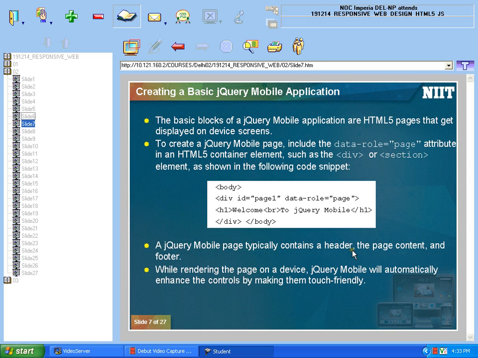When I say data-role equal to page, it means I am going to make a page that is a mobile web page. Okay, so you can find on the screen I am saying div ID equal to page1, data-role equal to page, and in that I am just giving a message, welcome to jQuery mobile. Okay, so